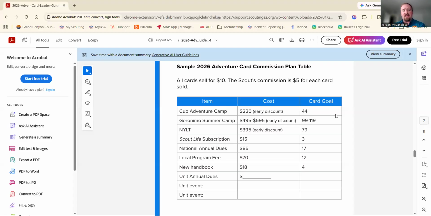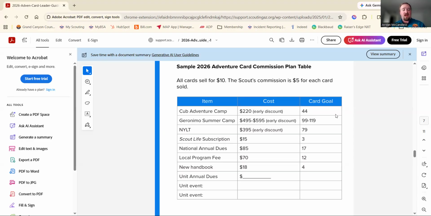You'll see this is from page 7 of the Leader Guide. On that page, there is a sample card commission plan table that you can use to help your scouts set goals and help them understand how much they're going to have to sell in order to cover the cost of different activities or items. In this example, you'll see we've listed Cub Adventure Camp, Geronimo Summer Camp, NYLT, a couple of other subscriptions, the annual dues, and there's even space for you to fill in your own unit dues